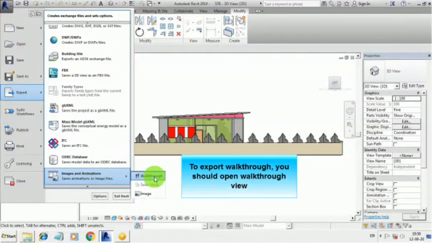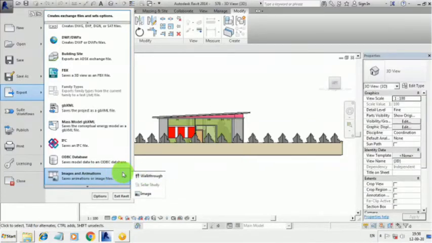We need to create a walkthrough view to export this project in a walkthrough format.